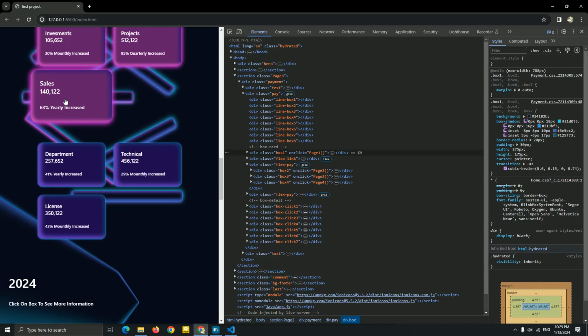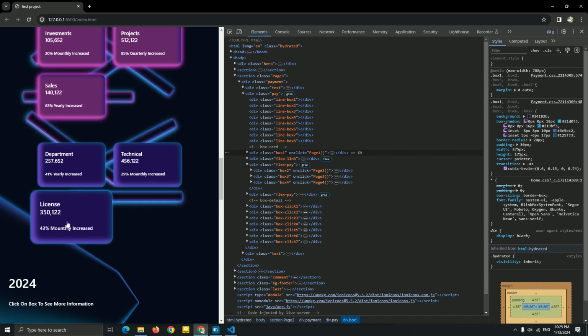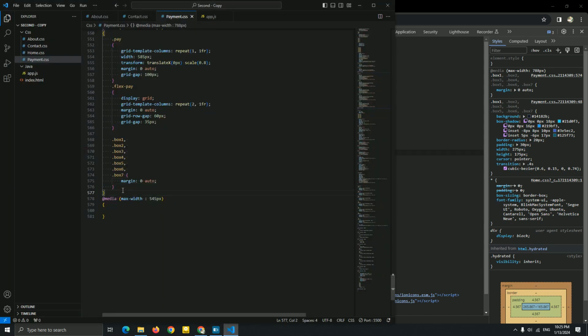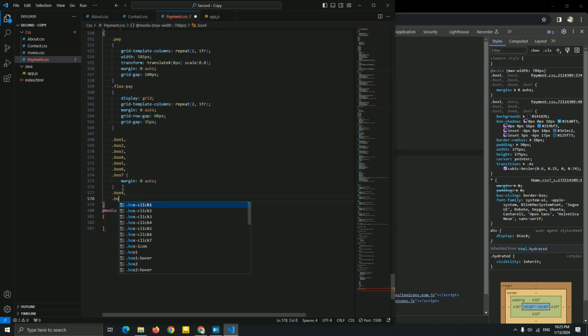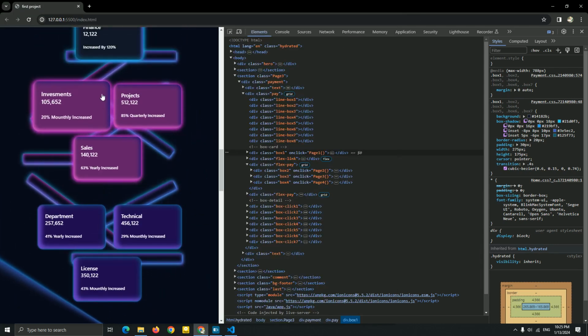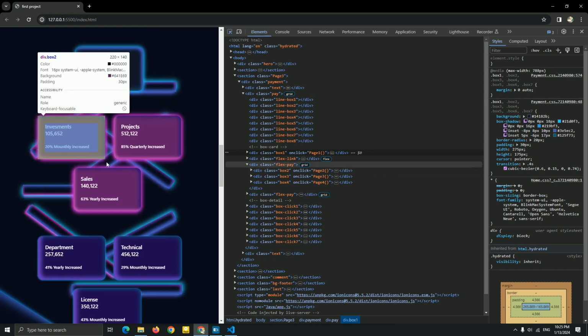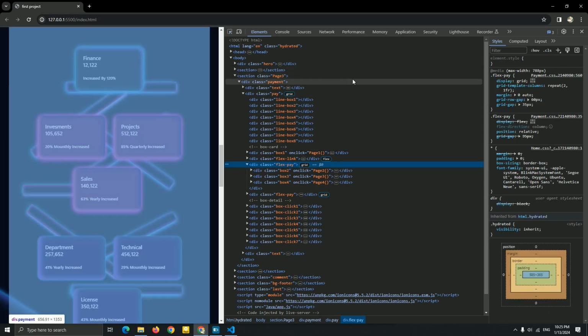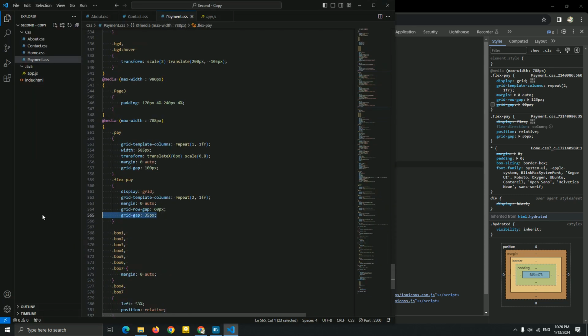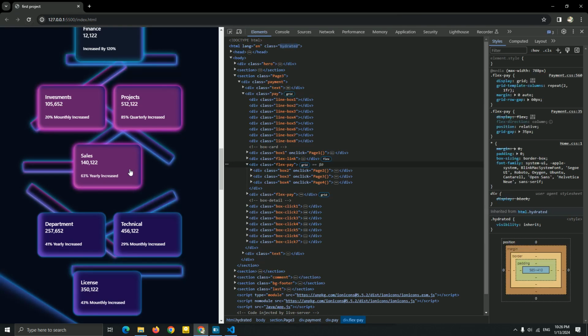And now let me just add the box 4 and the box 7. I want to add the position relative and add the left for this. So let me just do it very fast. So the box 4 and box 7, I want to add a left to just go to the center. Present, and let me add the position relative. Okay, you can see we just fixed this problem, but I think the row doesn't work. So let me just see a grid row gap. Let me just remove this. I'm sorry. Let me just remove this. Okay, yeah, now we fix this problem.